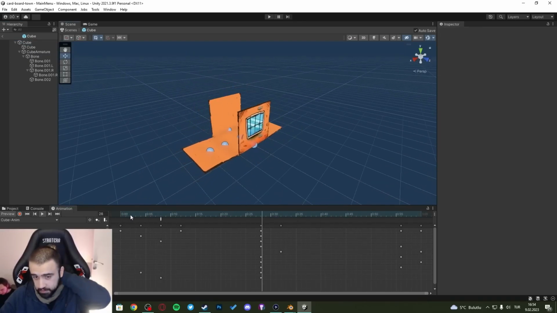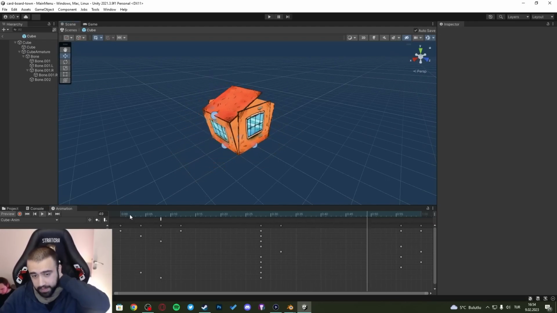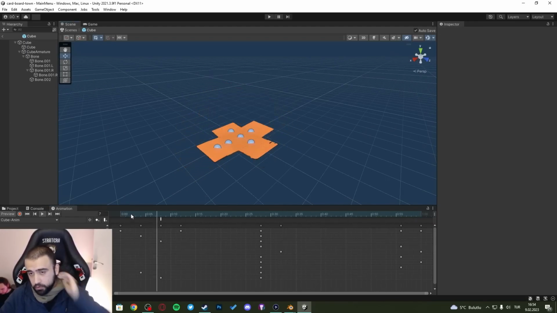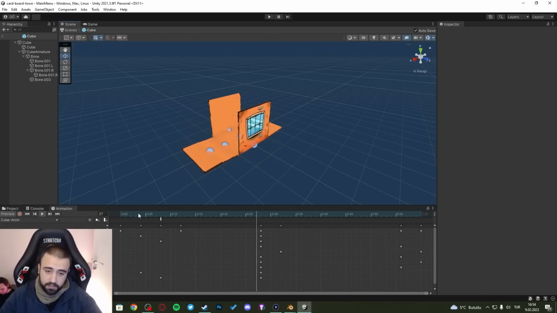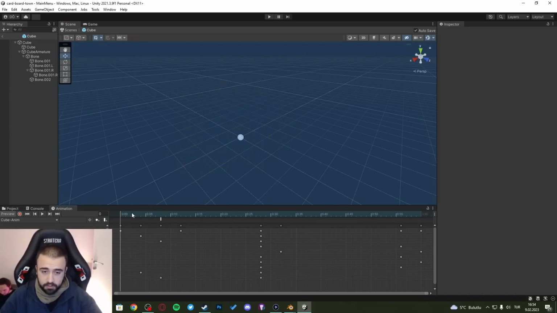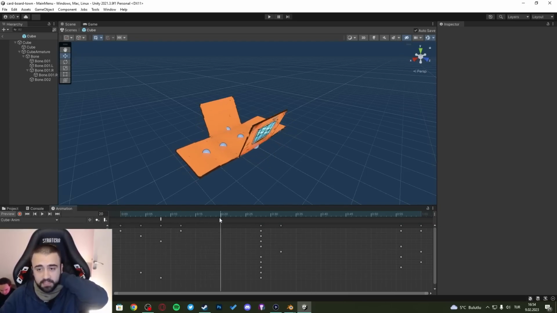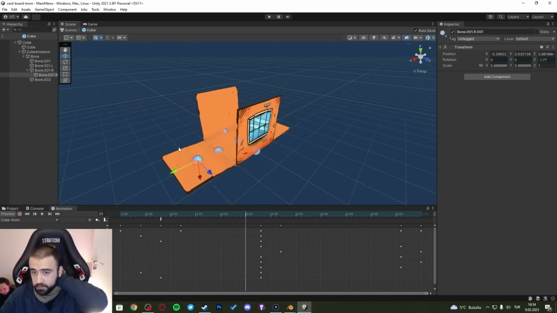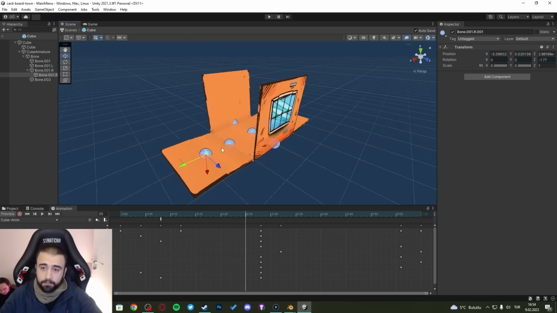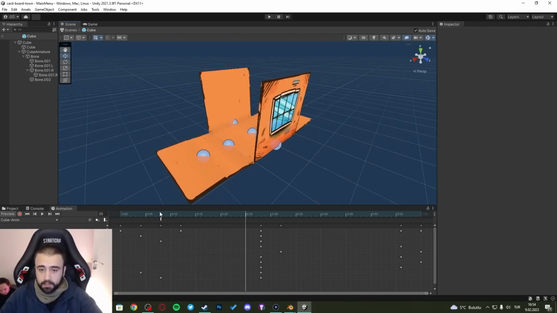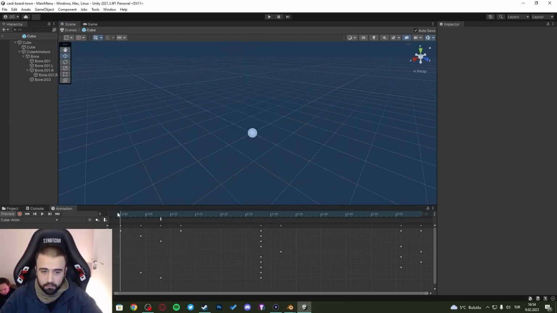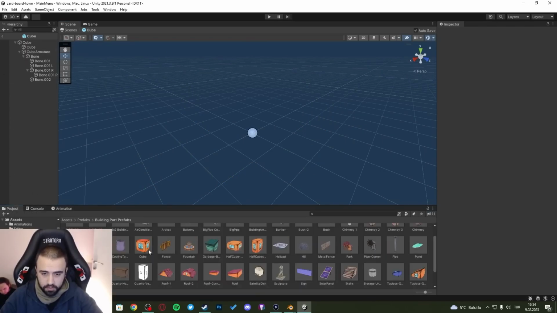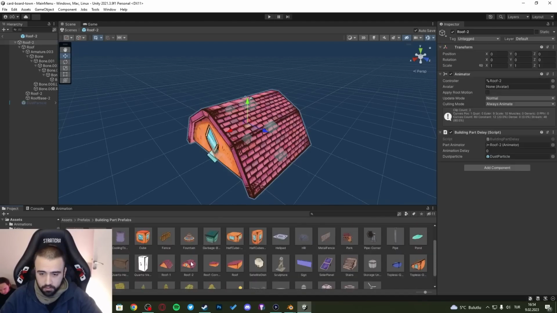Animating in Unity is always easier for me because you don't have to export them again and again. Of course, animating in Blender, especially character-wise, is much easier because it gives you more variety of tools. But this is a very simple rig, and I have marked every single bone right here inside the Unity, so it's not a problem to find them and, with a single click, animate them easily. So that was the start of the building process, animating every single building part one by one, including roofs and